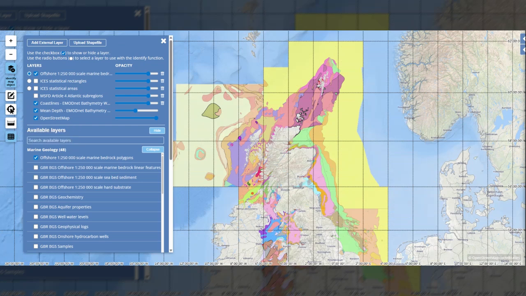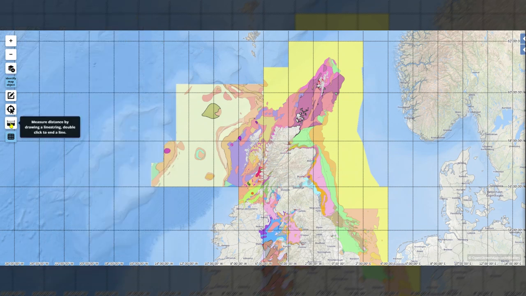And you can also take a measurement to show distance between points using the ruler icon. I will just remove this. When you click the ruler, an orange box will appear at the bottom, and any distance you measure will be shown in kilometers. So I will just make a measurement from one polygon to another. To finish measuring, you just double click, and then your line will remain, and it says that the distance is